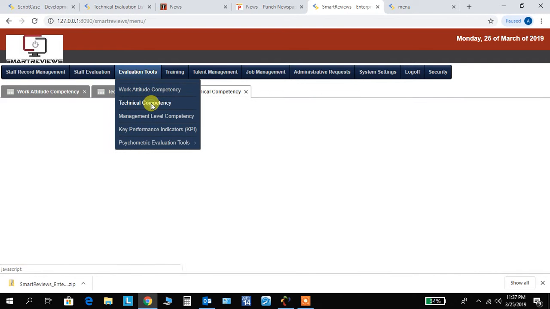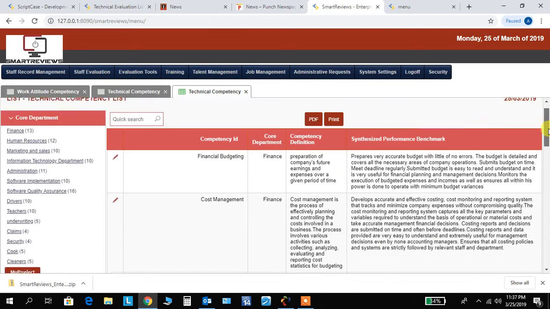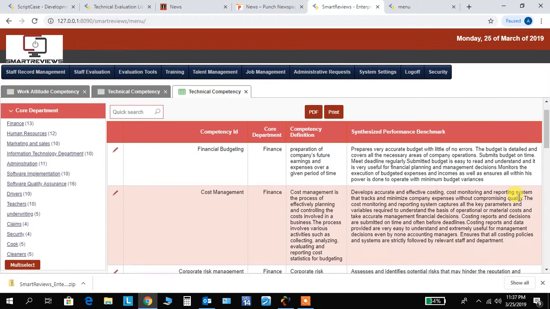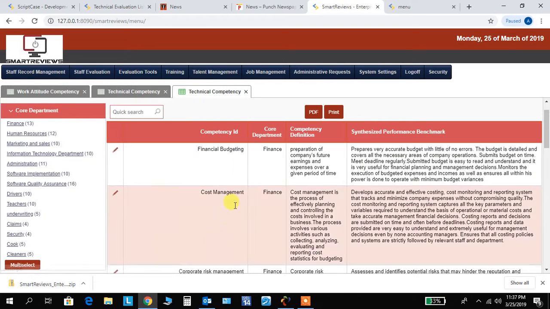So for example, under technical competencies, we have different kinds of competencies, even up to drivers, marketers, whatever job title, you can have different specific competencies for that. That's quite unlike many applications where you just have some standard blank things. The system comes with a whole lot of preloaded competencies from which you can select from a technical point of view. And then you also have the management level competencies,